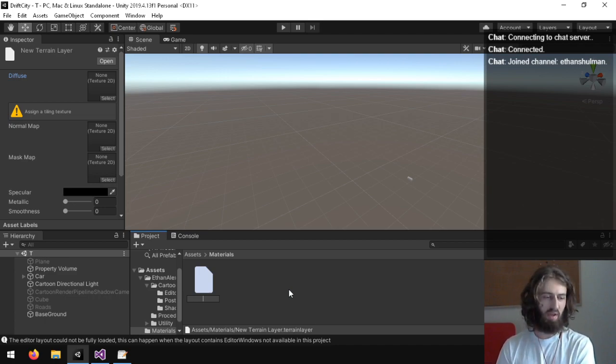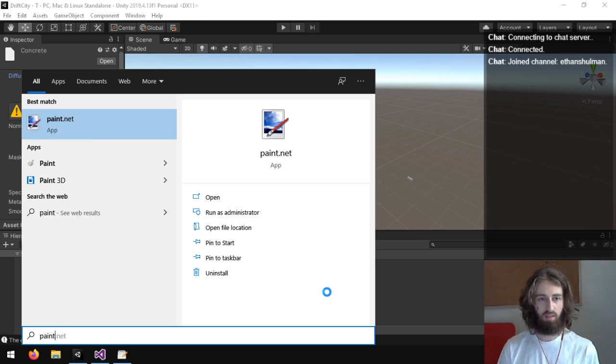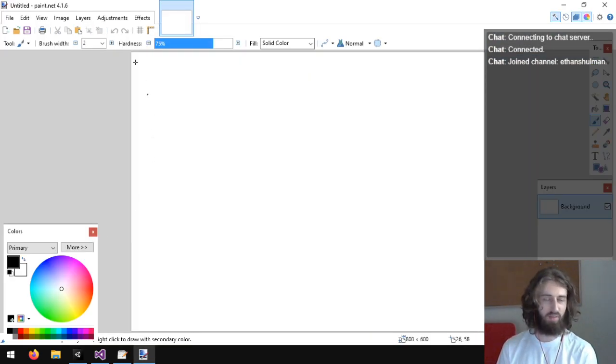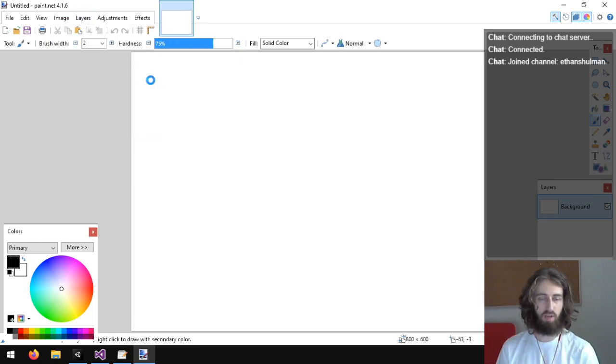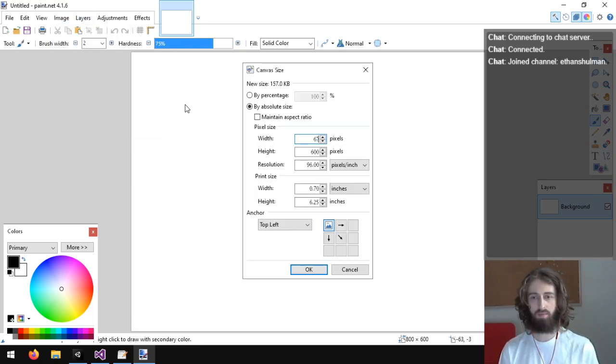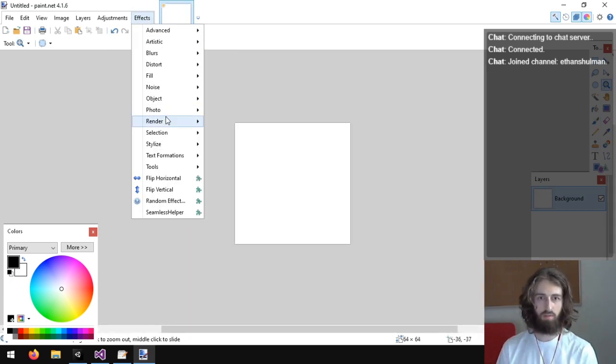So I'm thinking the base ground, and I kind of got to design what would the initial layer be. I guess just concrete. And so I was thinking of grabbing textures online, but I feel like almost trying to draw little crappy ones for this, because it just seems like it would make it have more of a style, and it's not that hard to make little simple cartoonish textures.